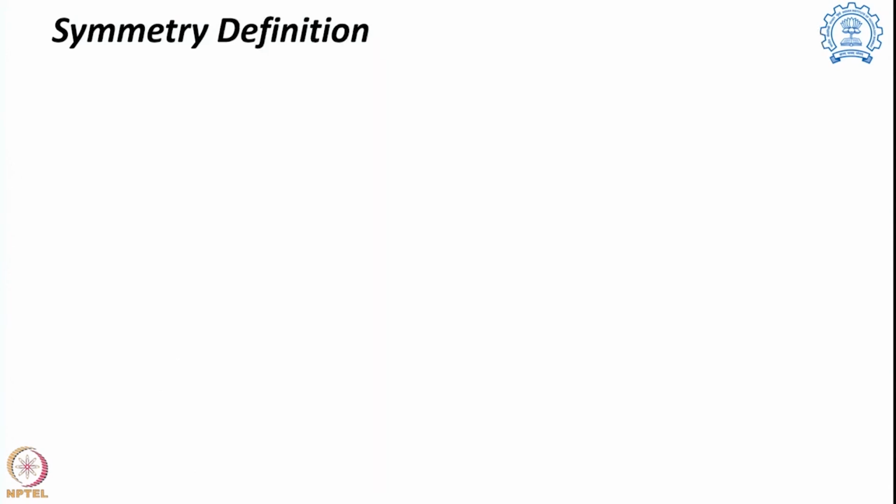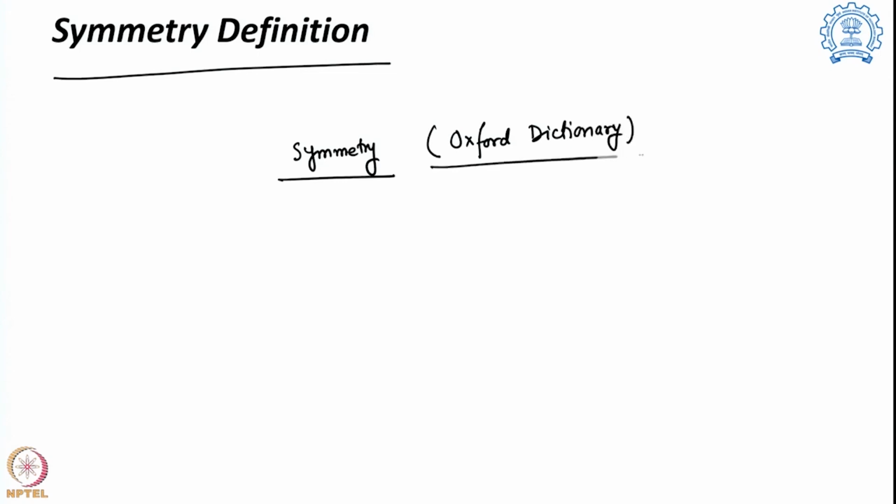So, with that now we move to the definition of symmetry. We have been talking about symmetry for a long time. We have also loosely defined what we mean by symmetry when talking about natural systems, the bilateral symmetry, the radial symmetry and spherical symmetry. But what actually is a symmetry? If I take the Oxford dictionary and try to find what is written there about symmetry, this is what we are going to find. I am just writing it: